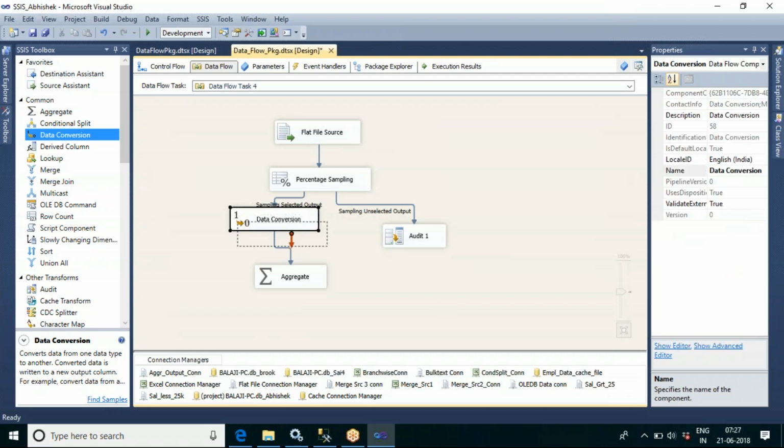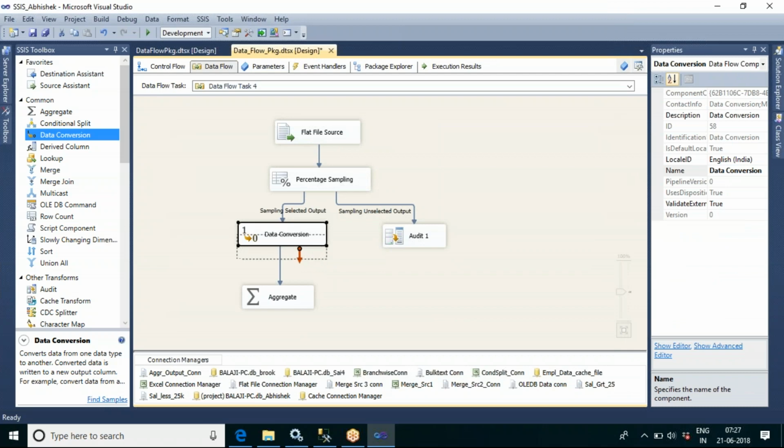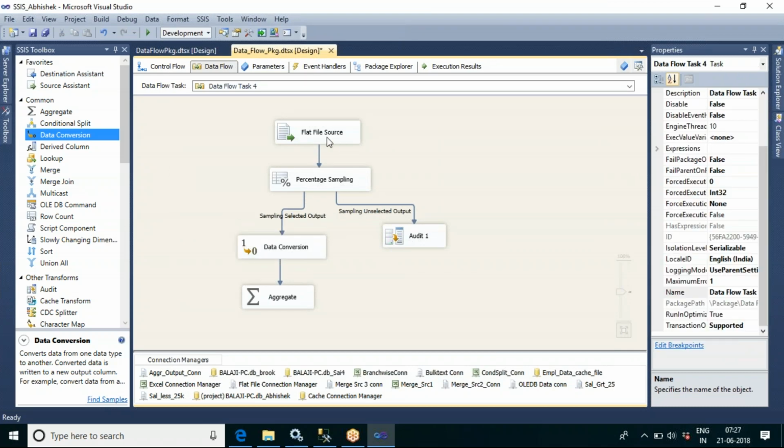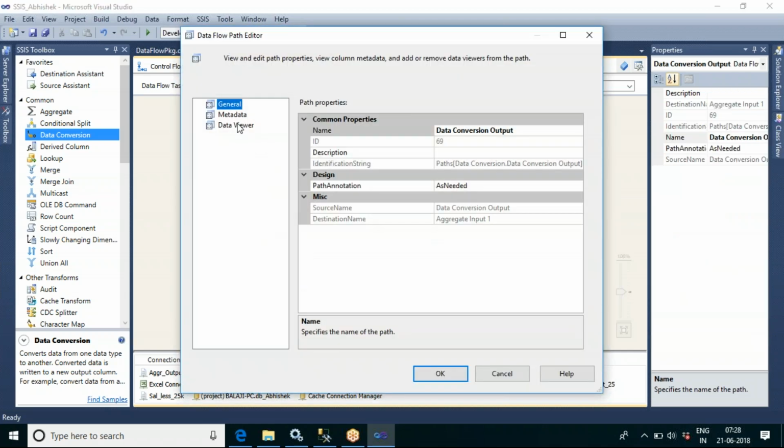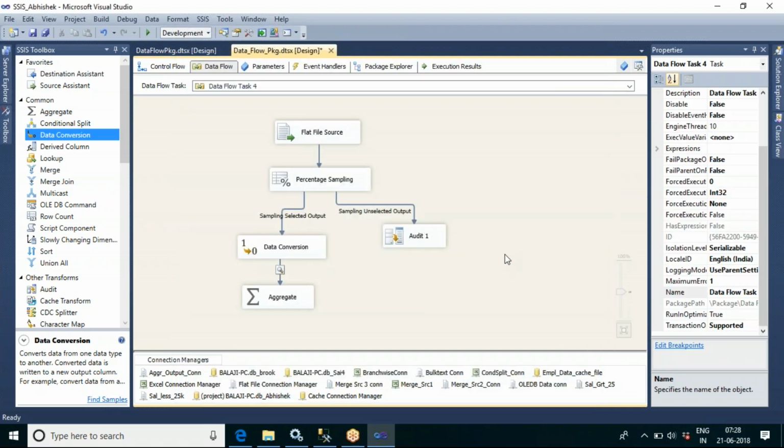Now what I'm doing is, I just want to test my aggregate transformation package. In the testing phase, I don't want to test the entire 10 lakh data. I just want to test with only 5% of data to see whether my package is giving me the correct results or not. Now this aggregate function will be applied on just 5% data. Now let us go and see.